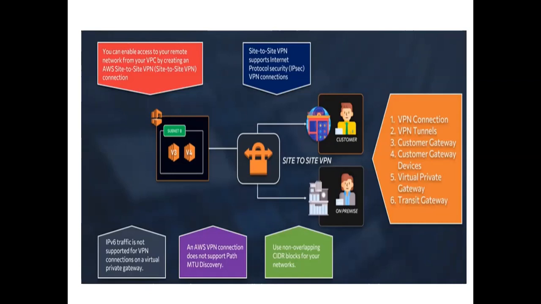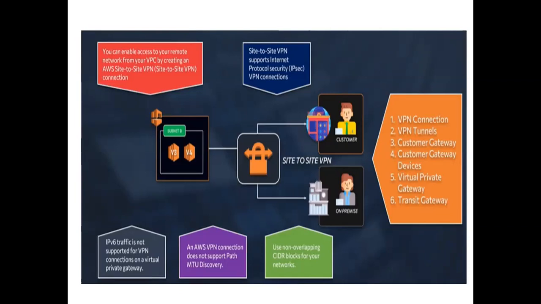Your source will be the virtual private gateway and your destination will be the customer gateway. What will be the source? The virtual private gateway, and the destination will be your customer gateway. So like that, you need to configure your connectivity, which means that at your on-premises you need to have the customer gateway device, and at your AWS you need to configure your virtual private gateway and associate it to your customer gateway with the IP address. That is what you need to do.